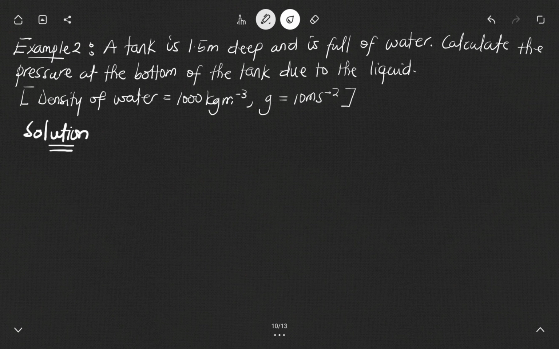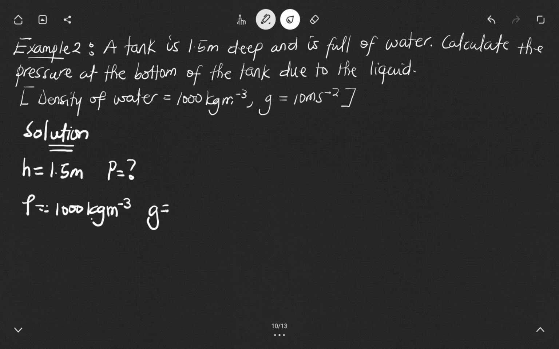So we're given the height of the tank to be 1.5 meters. Since the tank is full, it means the height of the water is also 1.5 meters. So the height here is the height of the water. So we have to calculate the pressure. We don't know the pressure at the bottom of the tank. We're given density to be 1,000 kilogram per meters cube, and then acceleration due to gravity to be 10 meters per second squared. Now we know that pressure in liquid